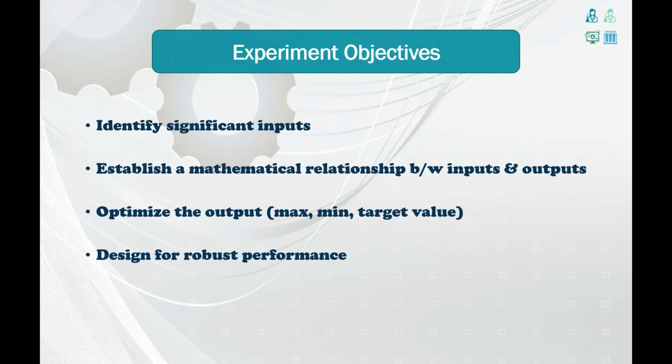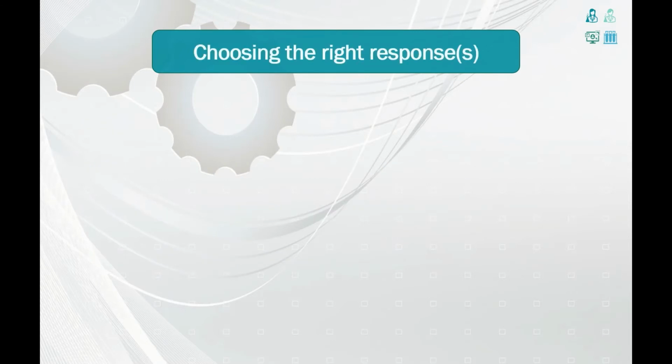So, other than the experiment's objectives, what are the other things that must be outlined before selecting a design? Well, a natural point to consider after outlining the objectives of the experiment is to select the appropriate response that will be measured. This may seem like a simple task, but in some cases, the response variable that corresponds to the research question that the experimenter hopes to answer is not very clear.